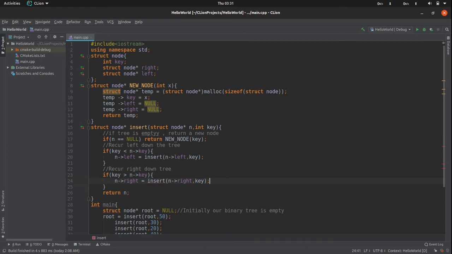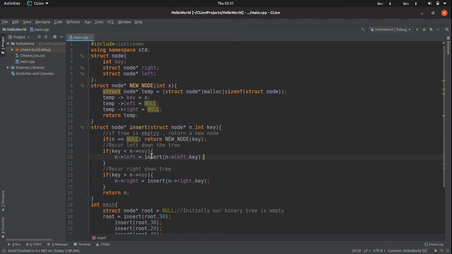So in this manner we are going to recur right down the tree if the value of key is greater than the value of the node, and after every call of the insert function, the pointer node n will change to the right values in this case, and in the other case, the value of n will point to the left part,